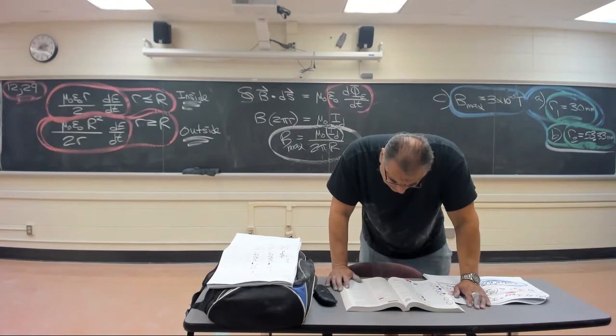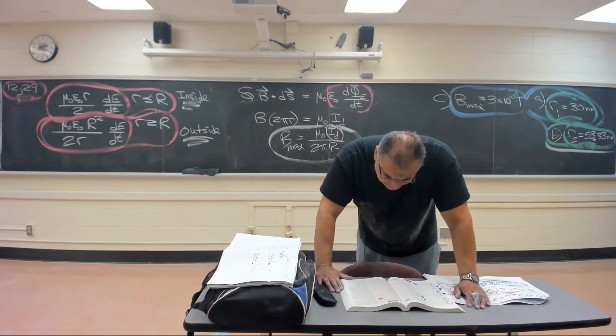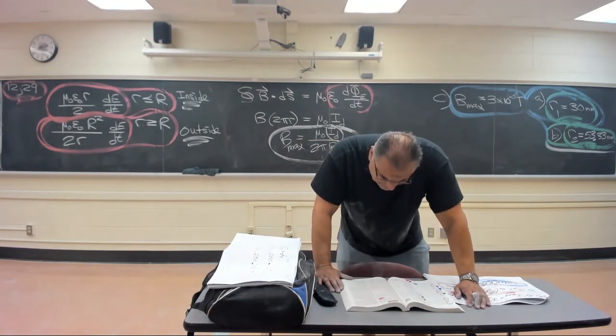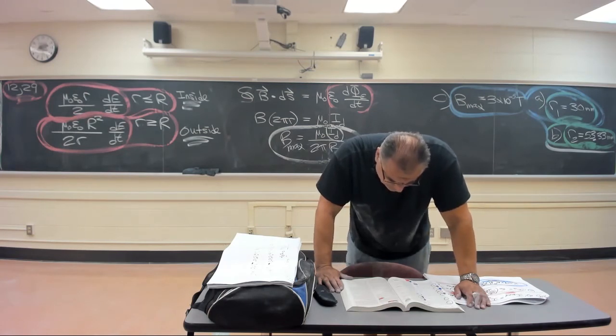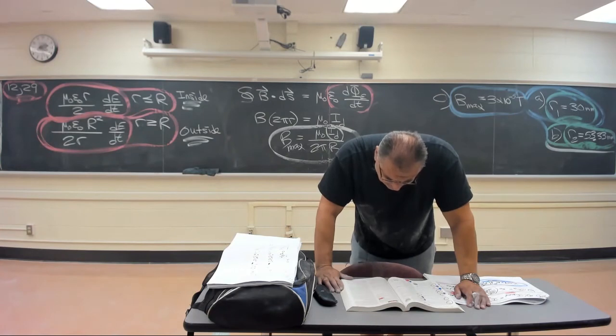A, B, C, D on this one. A, what is the maximum value of the current I in the circuit? B, what is the maximum value of d phi sub E over dt, where phi sub E is the electric flux through the region between the plates? C, what is the separation d between the plates? D, find the maximum value of the magnitude of the B vector between the plates at a radius of 11.0 centimeters